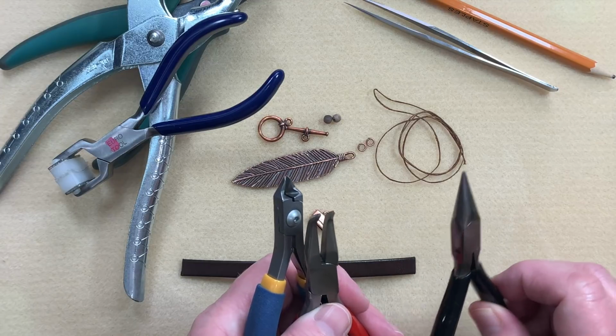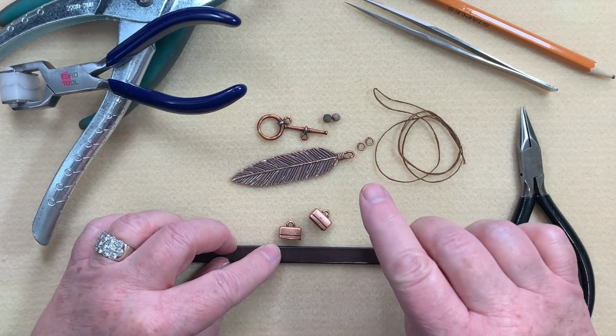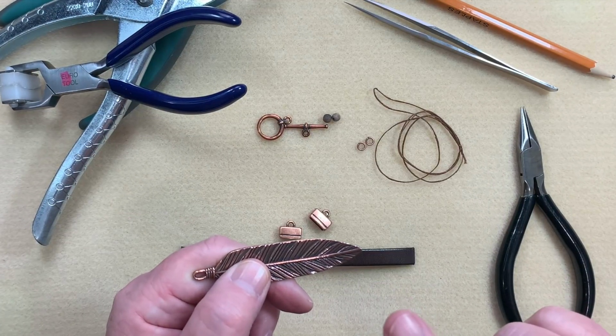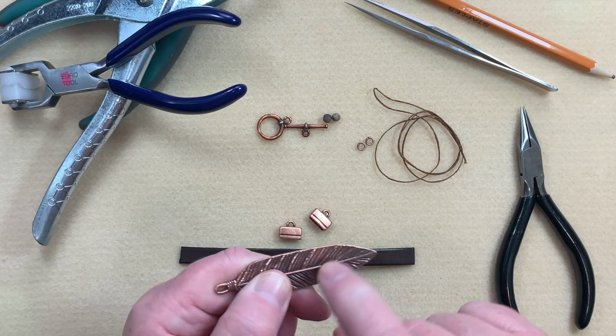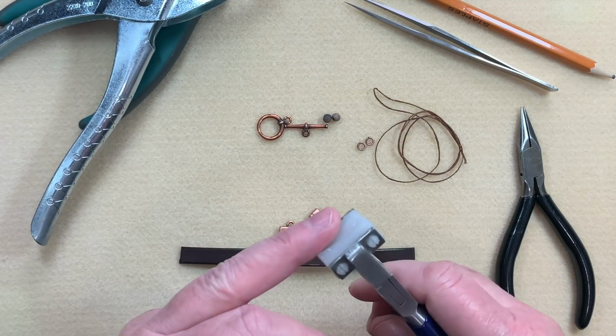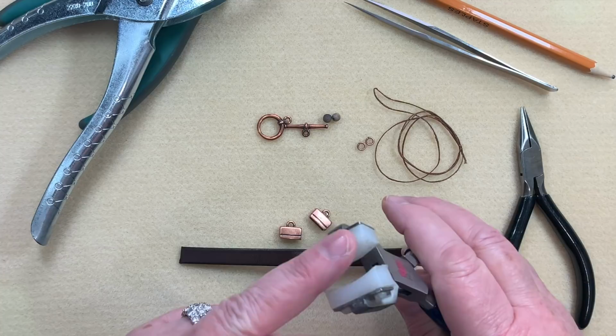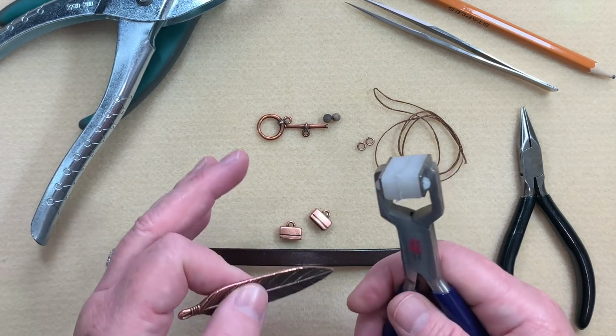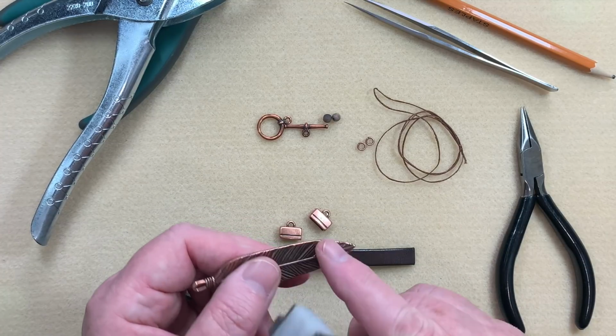So let's get started. Now this will be available in a kit, and if you do buy a kit, we will do the hard part for you. We're going to put some holes in your feather and we're going to shape it using the bracelet bending pliers. If you want to do that yourself, just tell us in the comments, and we'll leave those without being done and you can do them yourself. But most people don't have all these tools, so we're going to do this for you